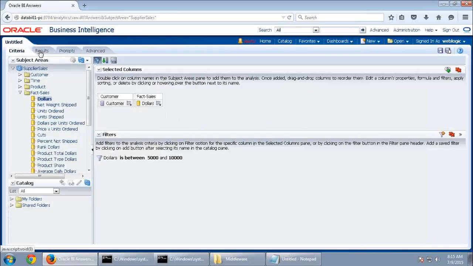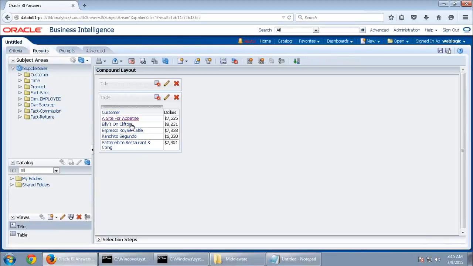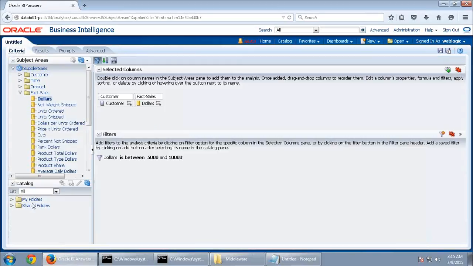Click OK. Click on results. So you have 1, 2, 3, 4, 5 people with dollars between 5,000 and 10,000. Remember this. Now how to make your set operators work? Here in criteria you have a small icon, combine results based on union, intersection and different operations. So this is your set operator, and you have two circles with plus icon. Like you can add this set operator.